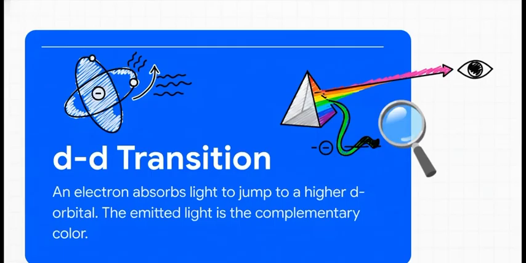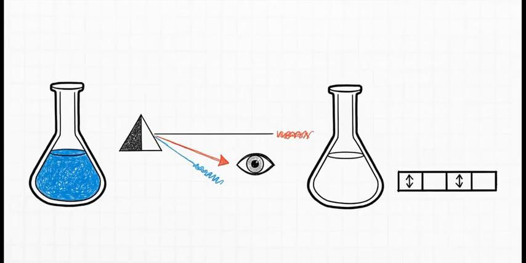It's a process called a d-d transition. Just imagine an electron wanting to climb a small step. It needs a very specific amount of energy to make that jump. So what does it do? It absorbs just one color from the white light hitting it. All the other colors that don't get absorbed bounce back to our eyes, and that's the color we end up seeing. So for example, a copper solution looks blue because its electrons are busy absorbing the energy from red light